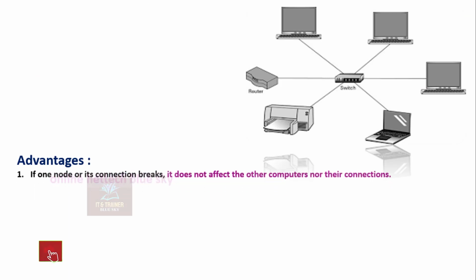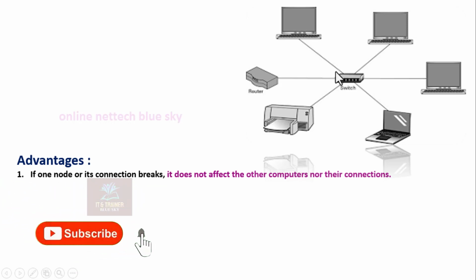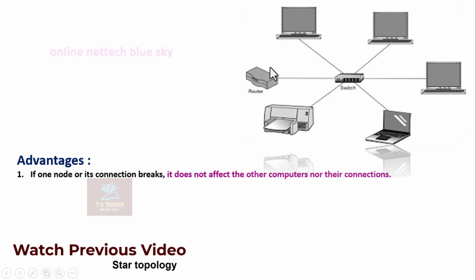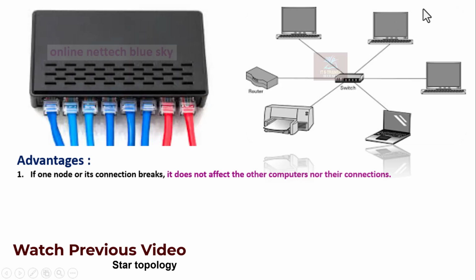So the first advantage is that if one node or its connection breaks, it does not affect the other computers or their connections. This is one of the best advantages of star topology. Suppose a computer has a hardware problem or shuts down; it does not affect other components or shut down the network. You can easily disconnect its network cable, and automatically